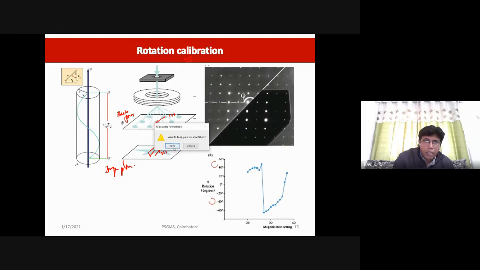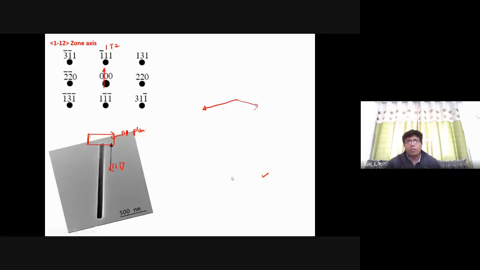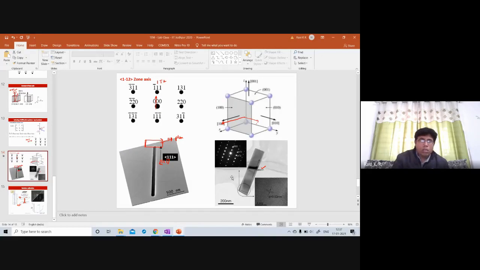So this is how we can do a calculation for identifying the orientation of any crystal. Say you have done a plastic deformation and grains are oriented in some direction, everything you can identify using this approach. Okay. So I'll give you some patterns to analyze so that you can understand much better. Maybe I'll give you one or two assignments.